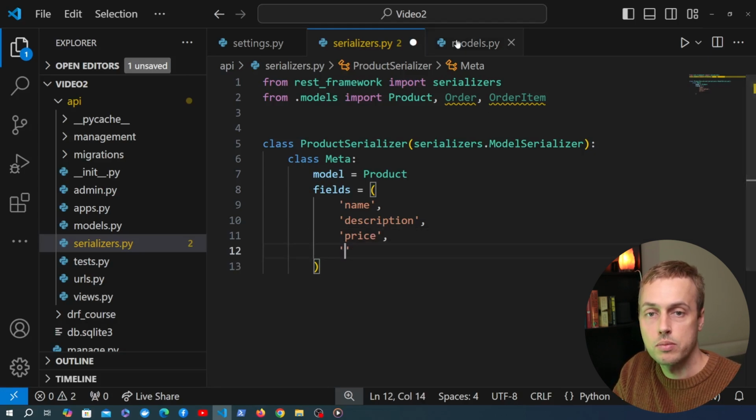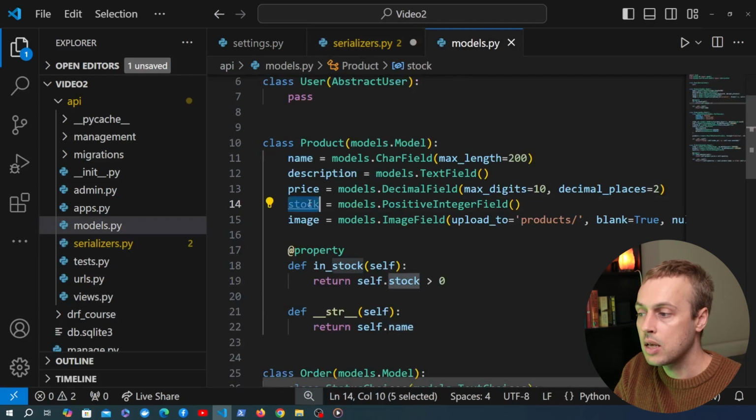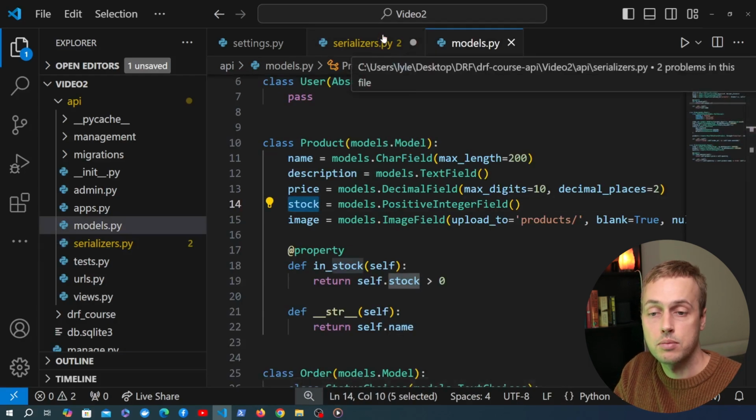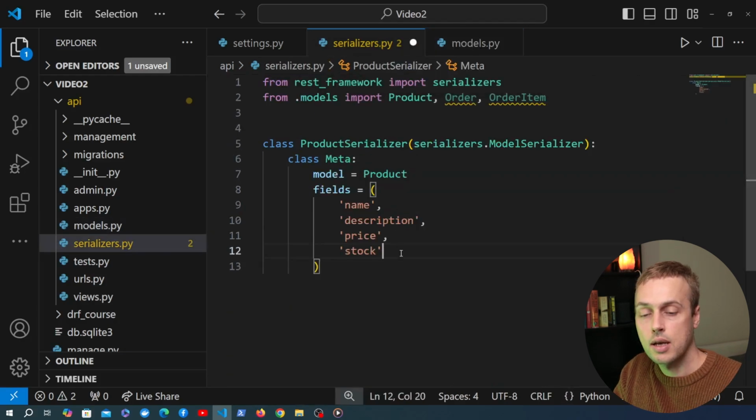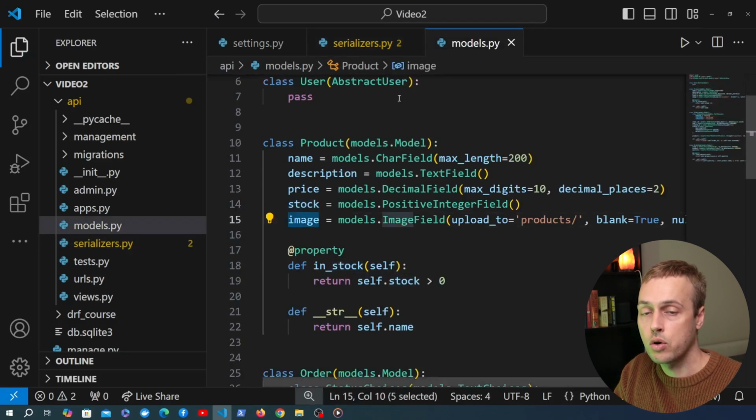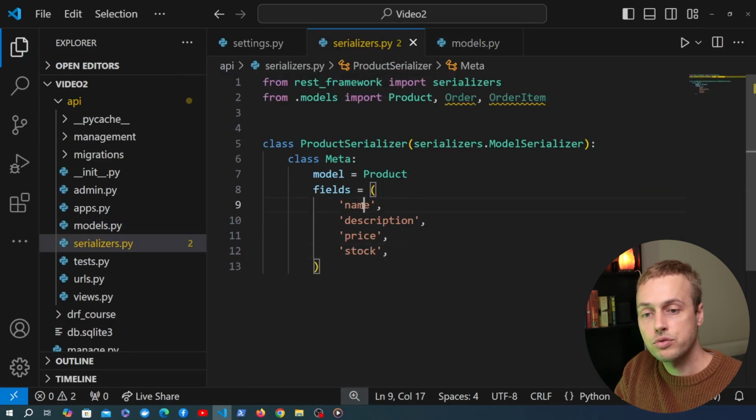And also, if we go back to models.py, we want to see whether or not the product has items in stock. So we're going to add the stock numbers as part of that response. Now, I'm not going to add the image field because they're all null at the moment. So we have 4 out of 5 of the fields present in the fields attribute of the Meta class here